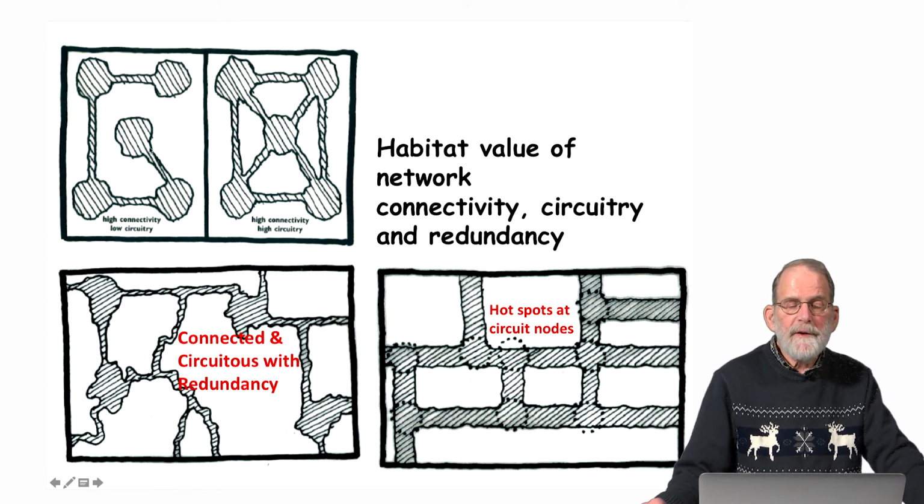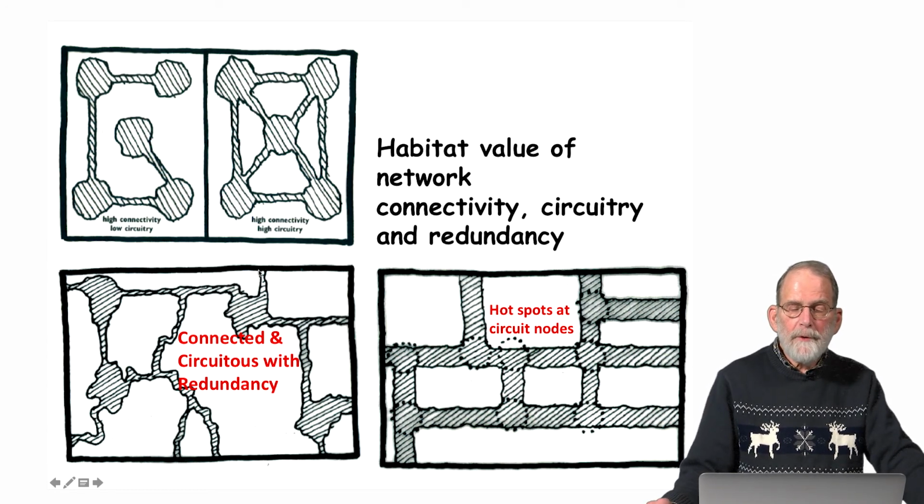Relative to this condition in the upper left diagram, where the corridors are essentially unidirectional, the system with exactly the same patches has a higher level of network connectivity, which makes it possible for species to move among and between these patches much more readily than is true of the system of the linear corridors that connect the same patches. Where we have circuitous patterns, that is to say where there are multiple pathways for species to get from one location to another, for example, species from this patch can go either this way to this patch and down to this patch, or it can go from the center patch across the